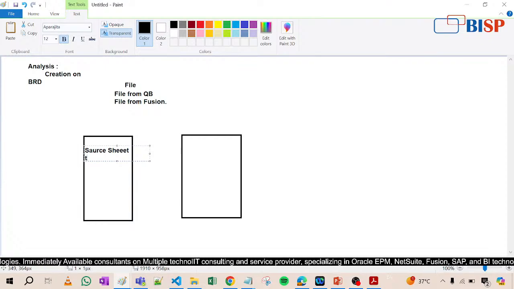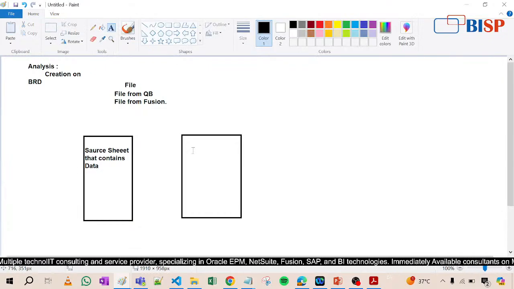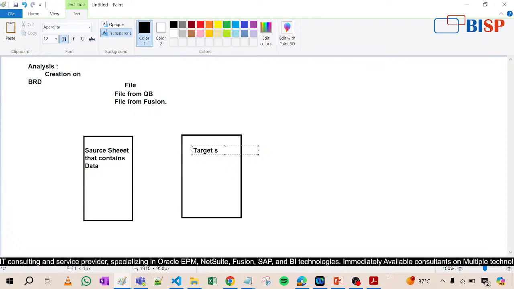Okay, source sheet that contains... okay, target sheet that is... okay, from the future, contains only... okay, that's it. Now